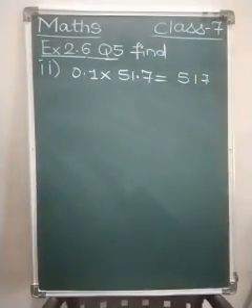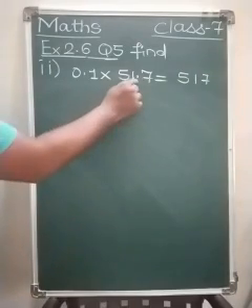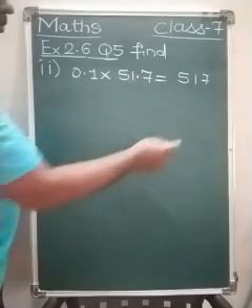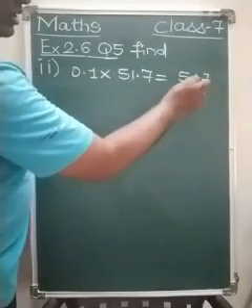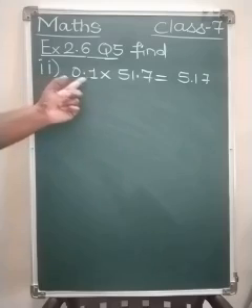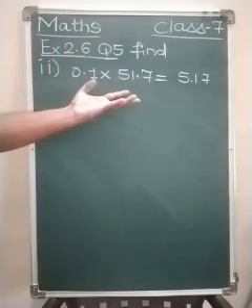Now the only question remains of the decimal point. So here after decimal point 1 place, here after decimal point 1 place. So 1 plus 1, 2. Starting from the right, 1, 2. So the answer should be 5.17. This should be the answer. Since it was multiplied by 0.1, so we made it very easily.